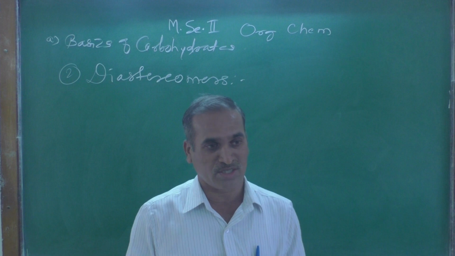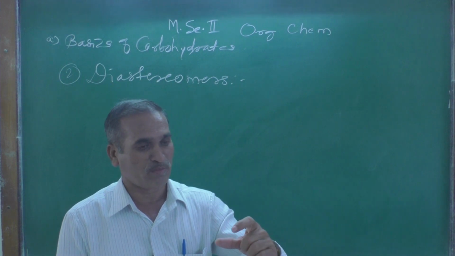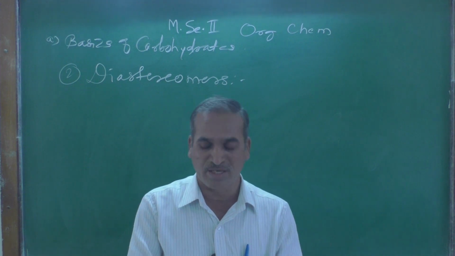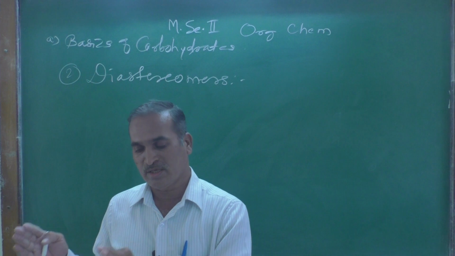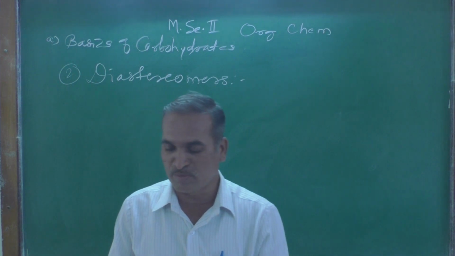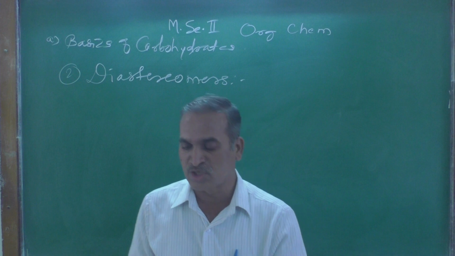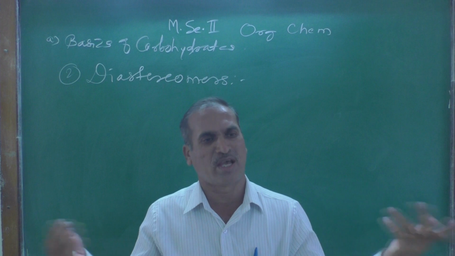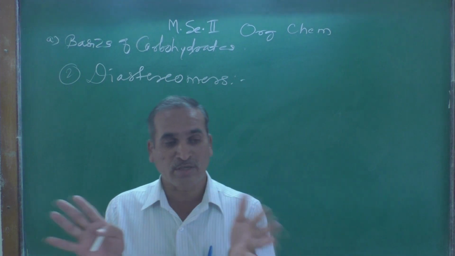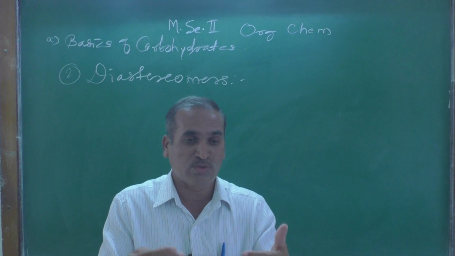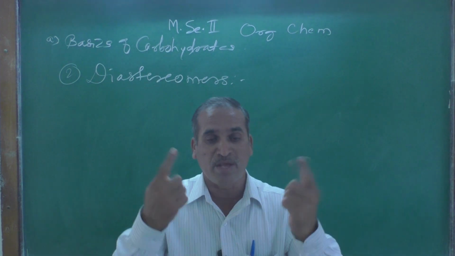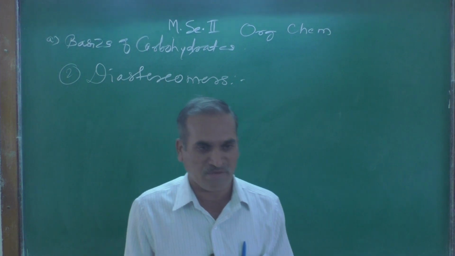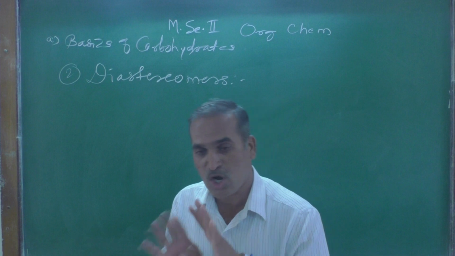In enantiomers, as we just saw in the first case, enantiomer means what? The optical isomers that are non-superimposable mirror images of each other are called enantiomers, and diastereomer means the optical isomers which are not mirror images of each other. If they are not mirror images of each other, how can they show identical properties? Their physical properties as well as chemical properties are different in diastereomers, because they are not mirror images